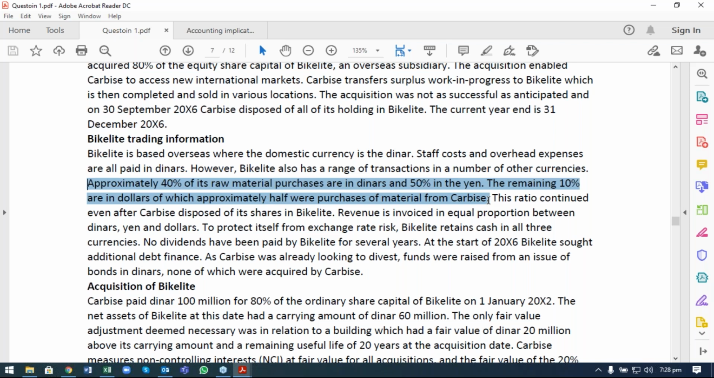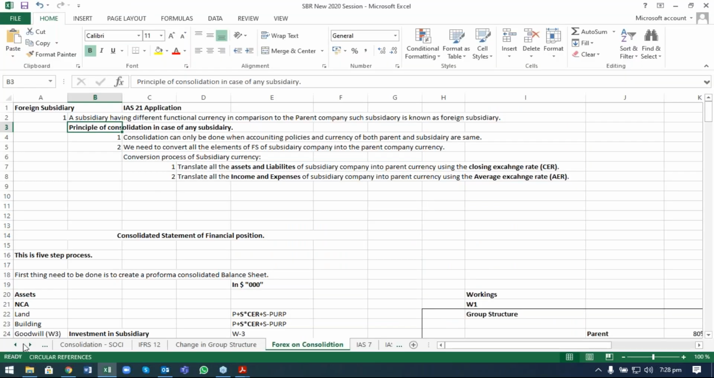So we need to ignore this one, and we can show that the yen is the more important currency in this scenario, which shows that the company might have a functional currency which could be considered as yen. But if you're looking into the next aspect, if I'm going to look into the next portion of IAS 21,